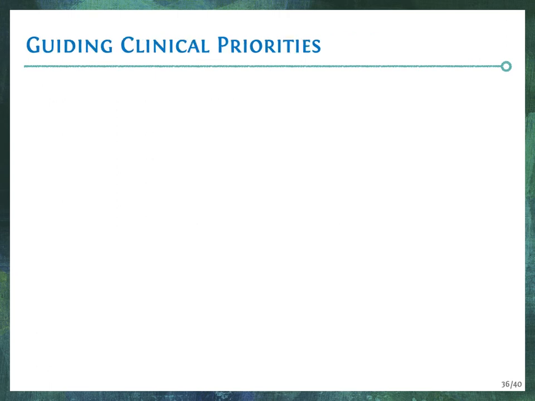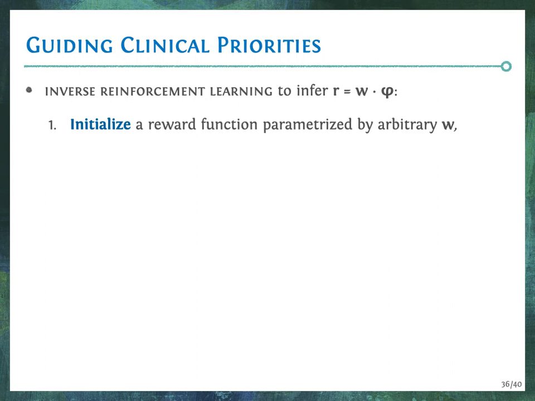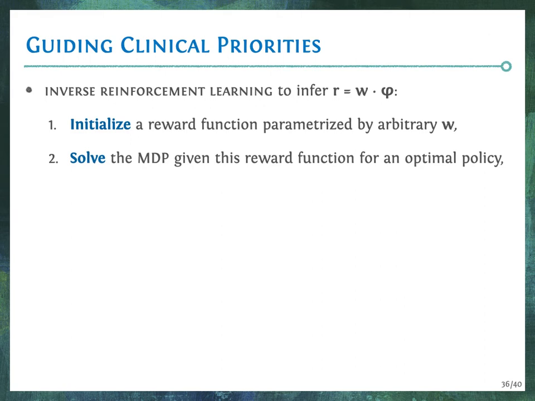In order to better understand current clinical practice and in turn determine how to set our priorities and clinical objectives for our optimal policy, we first apply an inverse reinforcement learning or IRL-based approach to inference of the weights in the reward function R, where R is equal to W phi, as optimized by clinicians in the historical UPHS data. The fundamental strategy of most algorithms for inverse reinforcement learning is as follows. So we first initialize a reward function parameterized by some weights W and solve the MDP given this reward function